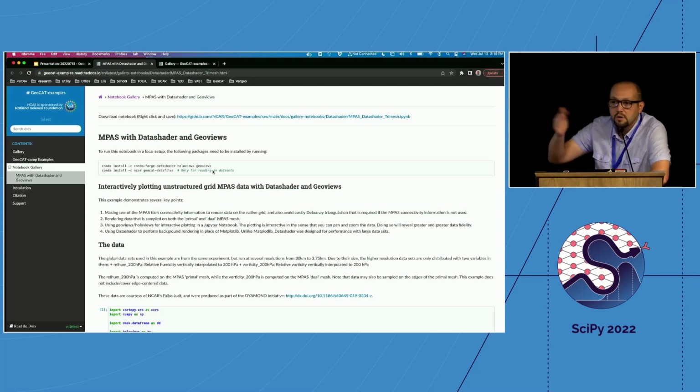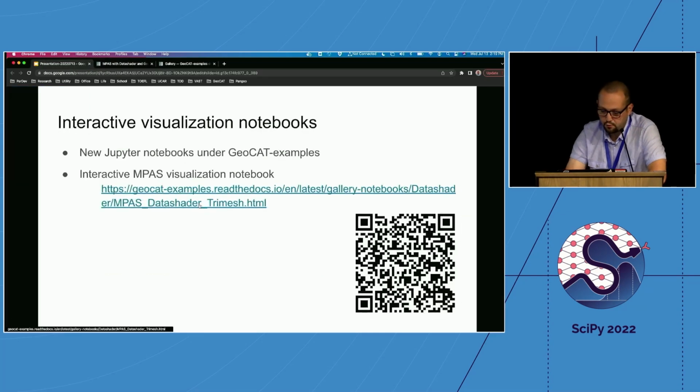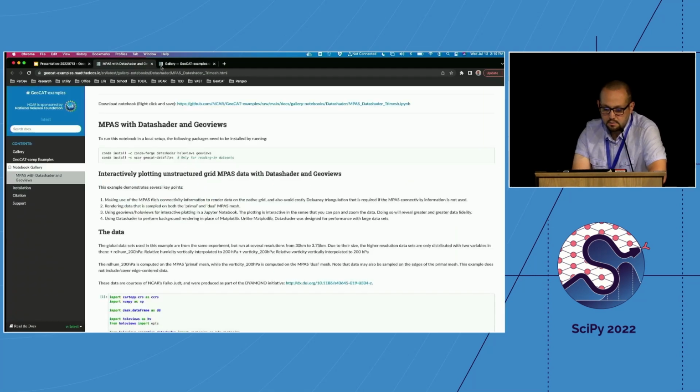For local reproducibility purposes, we used the 30 kilometer resolution in this notebook, but at the same time, we analyzed the performance of the Datashader stack and our algorithms with 3.75 kilometers, which I would like to show you from here, the details. So it is around 42 million data points. And turning back,